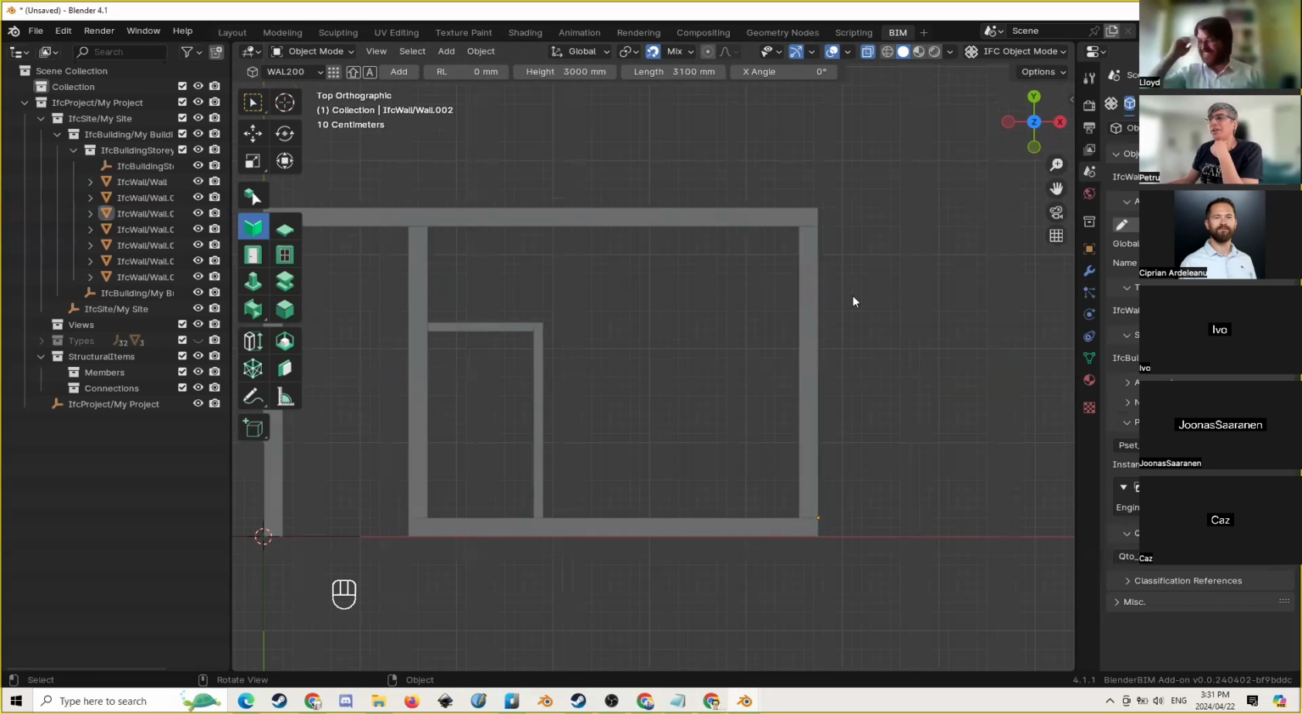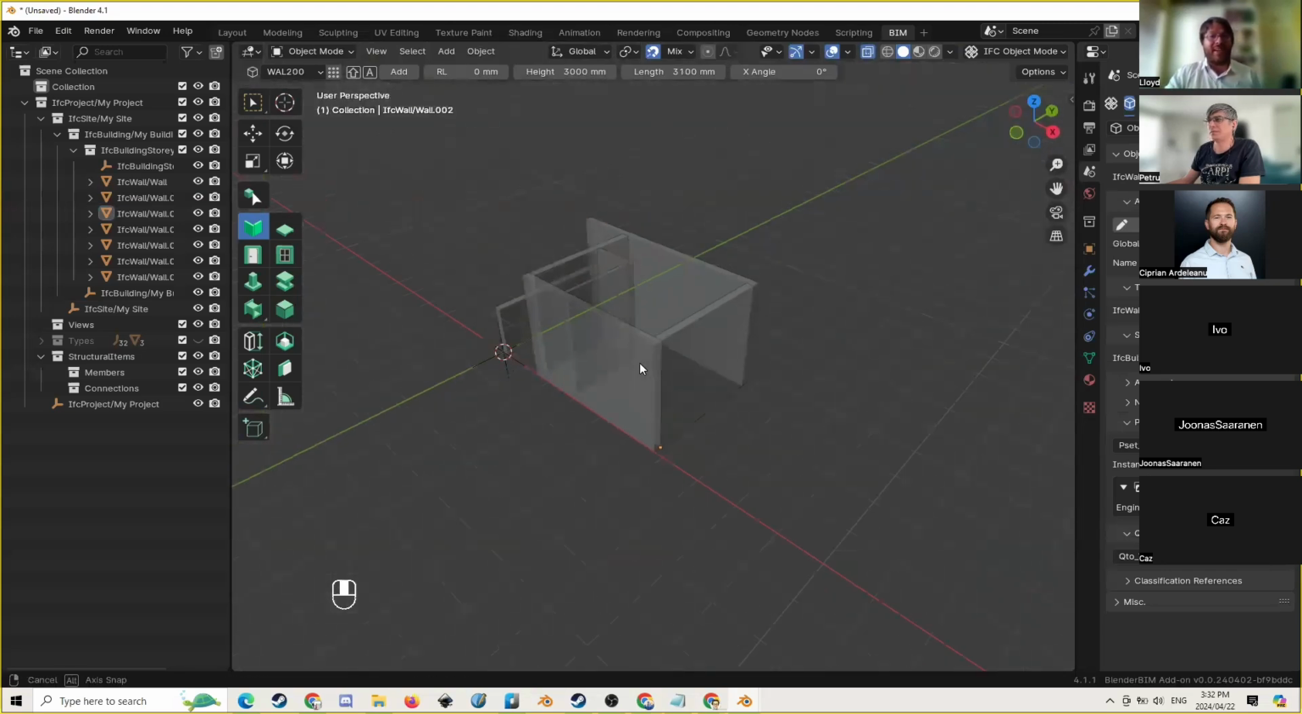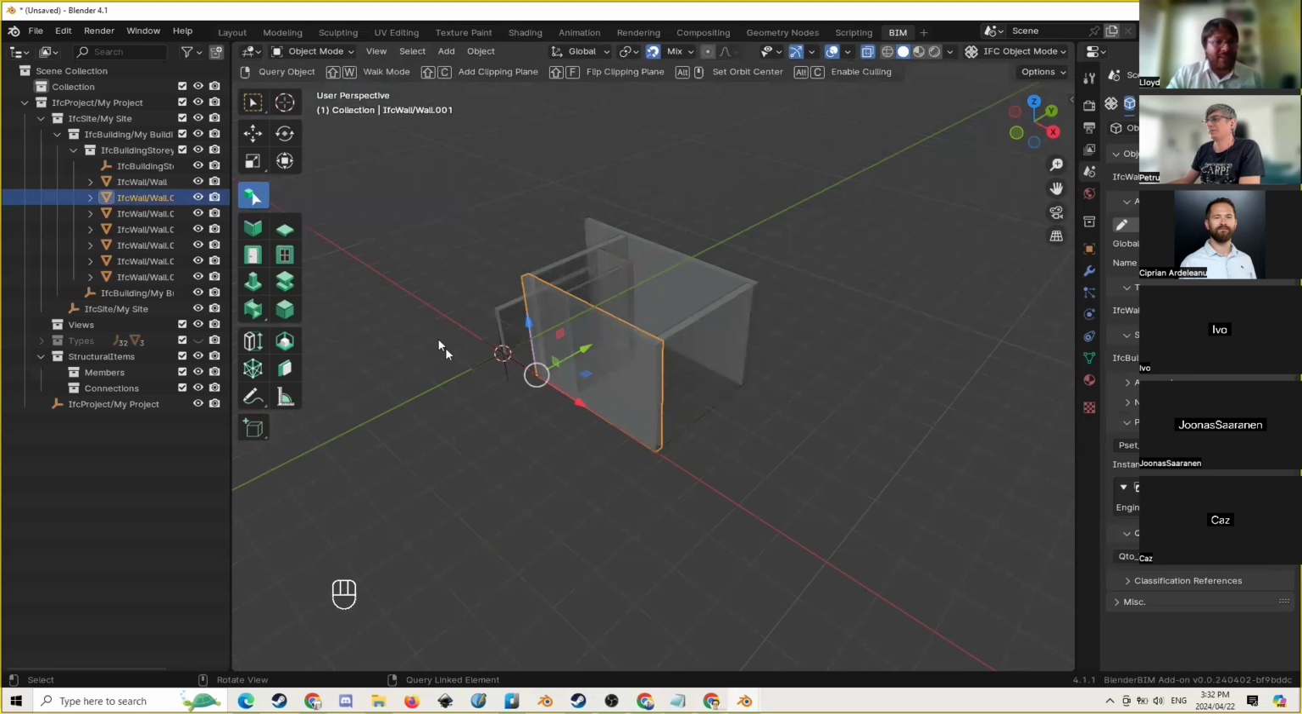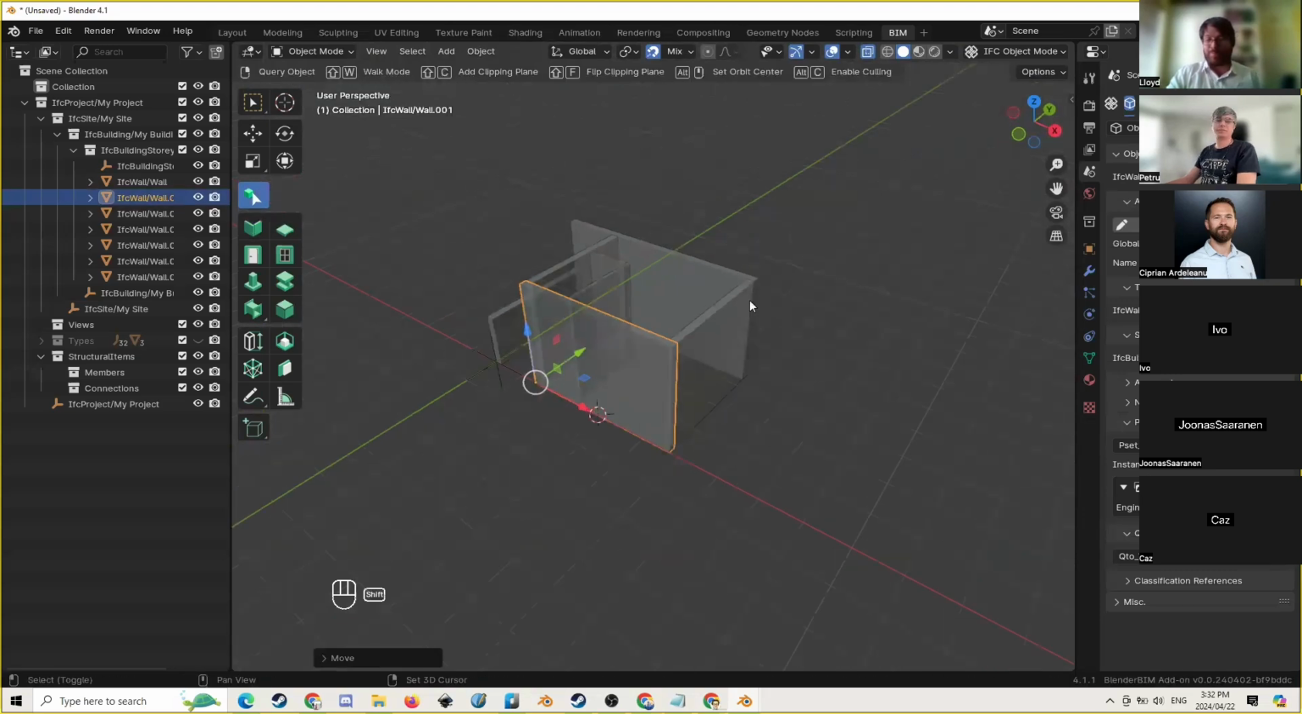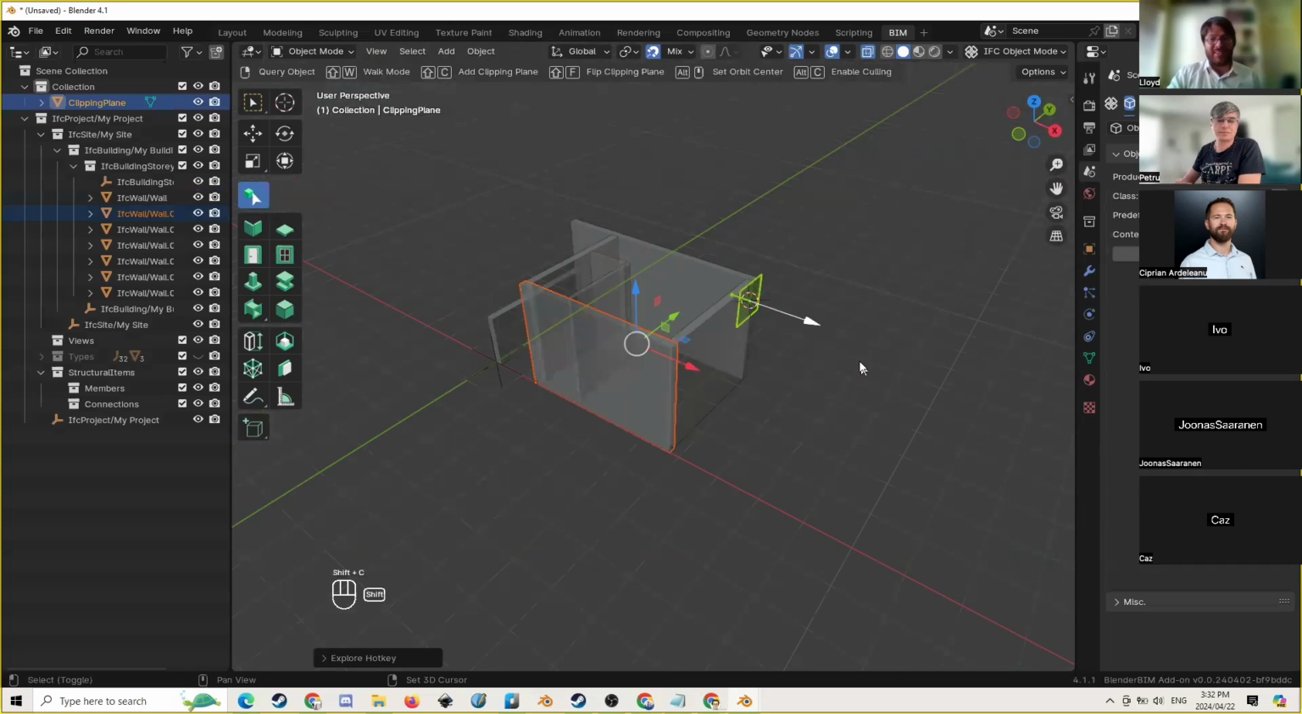Okay, another one. Can we cut a cross section? What about a section box in the model? So there isn't a section box tool in Blender BIM, but there is a section plane tool. So there's the clipping plane. Let me just hope this works perfectly. So Shift A, and